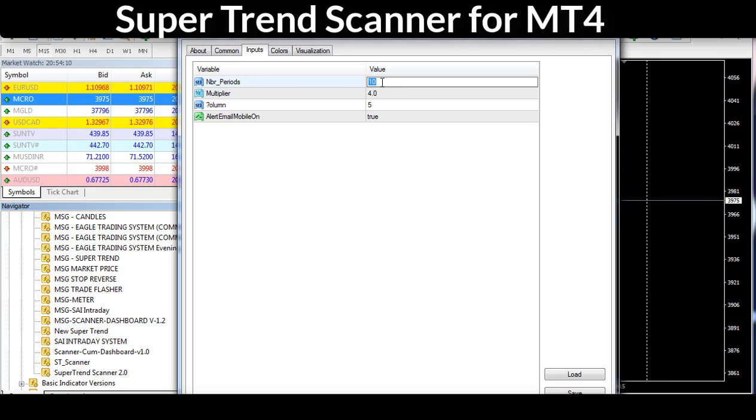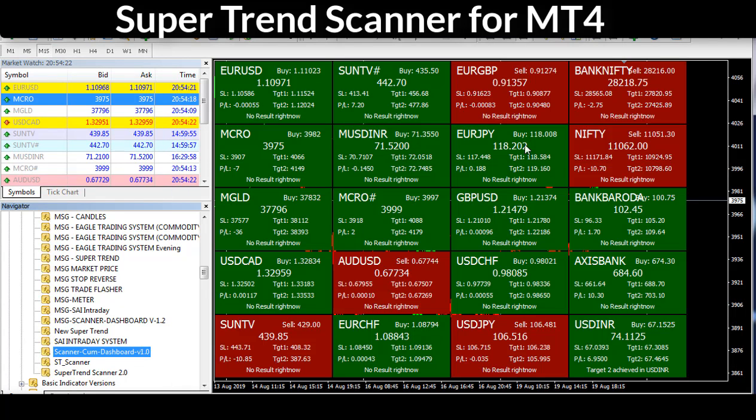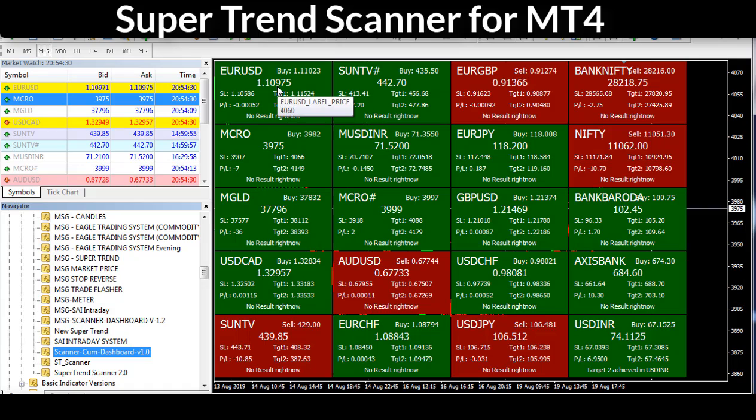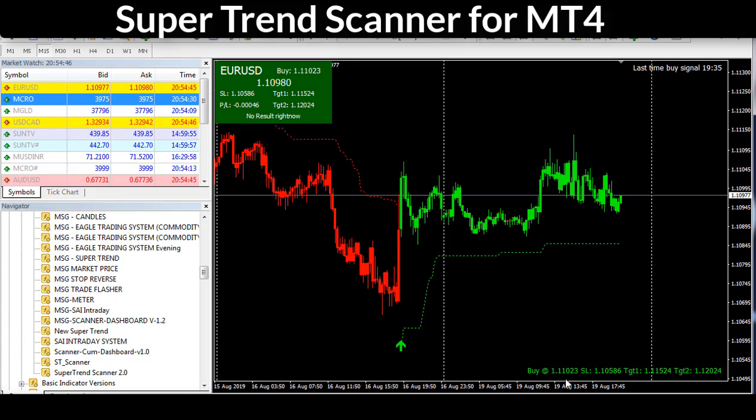These are the parameters, Super Trend parameter 10:4. You can modify the parameters according to you. If you want to modify, you can do it from this screen and then click on OK. Once you click on OK, it will show you this kind of dashboard. So this is the dashboard, and whenever a signal comes, you will automatically get the alerts and the signal. Once you want to see the signal, you can just click on a particular symbol and it will show you the particular trend and arrows. The signal is there, arrows are there, and the green candles show that there is a buying trend and red candles show the selling trend.